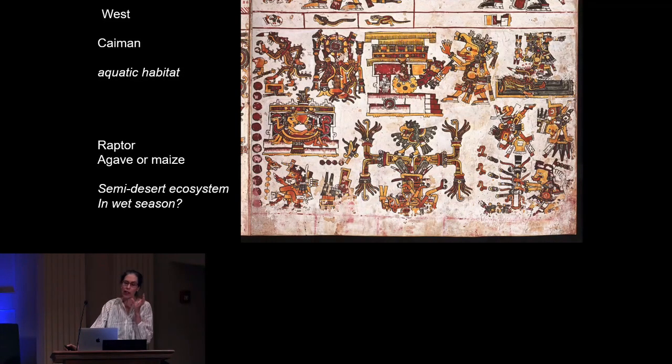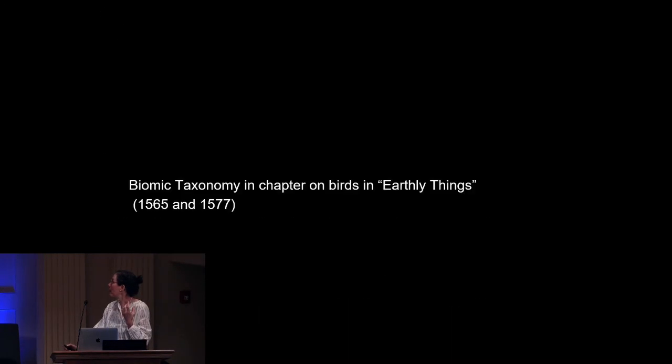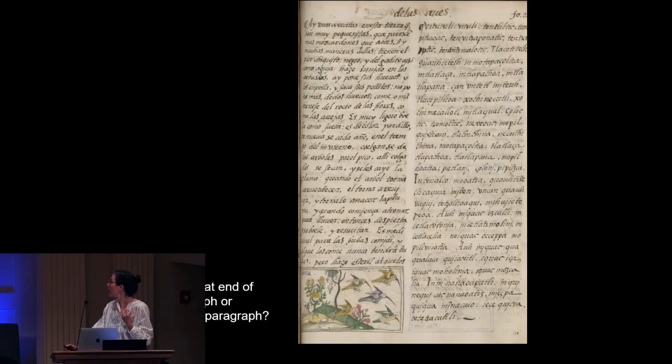And the cosmograms aren't always consistent. The Quetzal is consistently the one that represents the east. For the west, there are different versions. In this one, it's a raptor on an agave or maize plant. But then the night heron is actually a representative of this high desert plateau, and both of them in the wet season. So there's a seasonal aspect as well. So that what we have in the end with Hernandez's work,